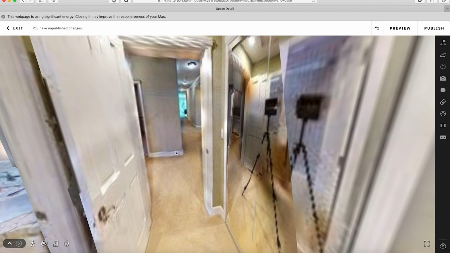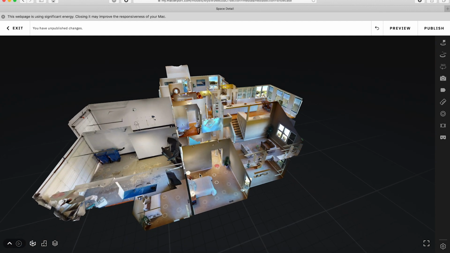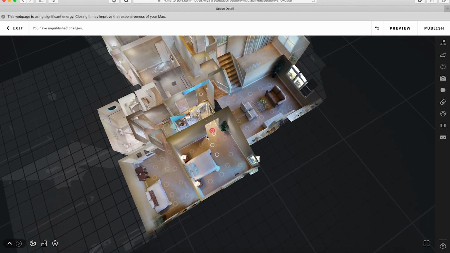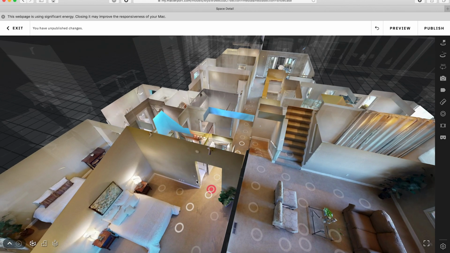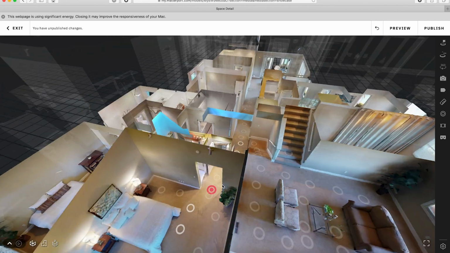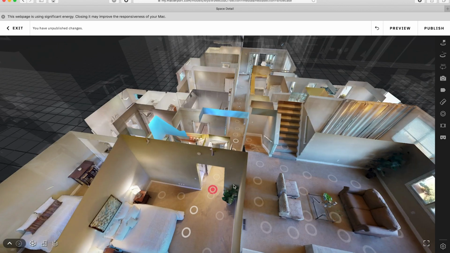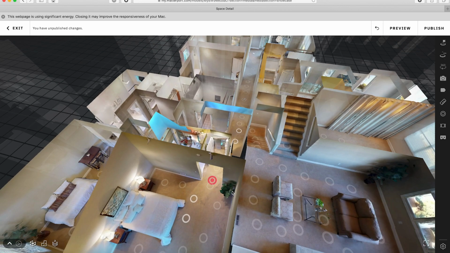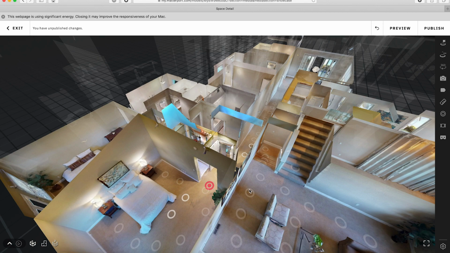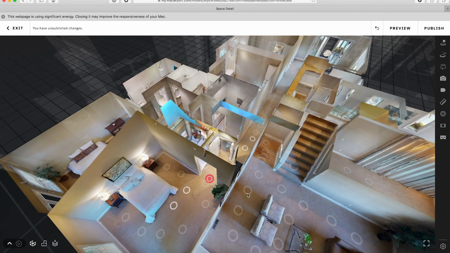So I'm gonna go to the dollhouse view and I want to choose the bottom floor where that doorway is located. Nope, it's not on the bottom floor, it's on the second floor. So let me look at this a little bit closer. As opposed to, for example, this doorway right here, where I can see that as I turn it, there's clearly a hole there. There's no 3D mesh there. Whereas in this doorway, that's not the case. It looks almost like a window, like something is blocking that way.